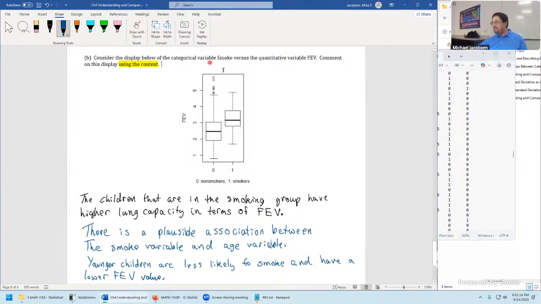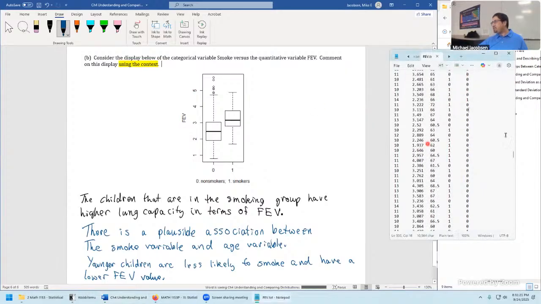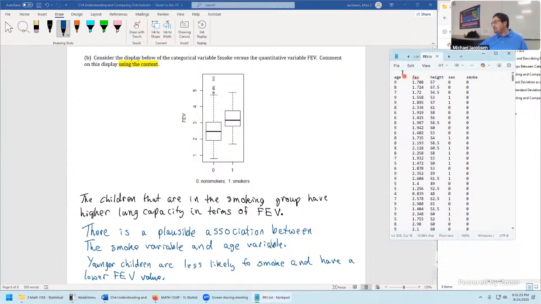Okay, so now when you see a display that just doesn't seem to make sense, think about what extra variables there could be here. The variable age, smoking, and FEV are all kind of twisted together. There's confounding variables that are hiding how things are really associated, making us think things look wrong when they're really right. Or, I mean, worst case scenario with this problem is we might look at this and say, smoking causes higher FEV values. That'd be insane to write, but in a different context, that would be a danger when it's less obvious.